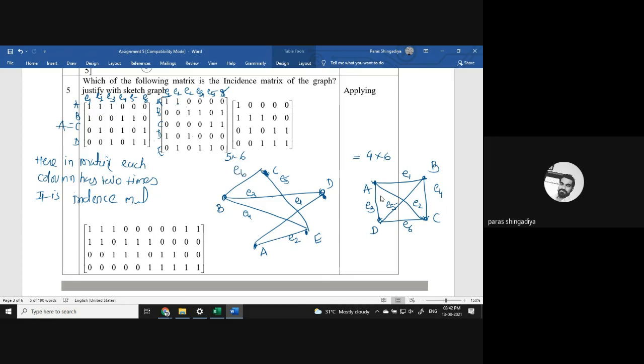I considered this shape for these vertices. If I change the place of the vertices, then I will get a different shape. But the incidence relation is fixed here. If there is an edge between B and E, then in any of the graphs there will be an edge between B and E also. Here B and E are connected by an edge, so in any of the graphs there should be an edge between B and E. Same for all other connections.